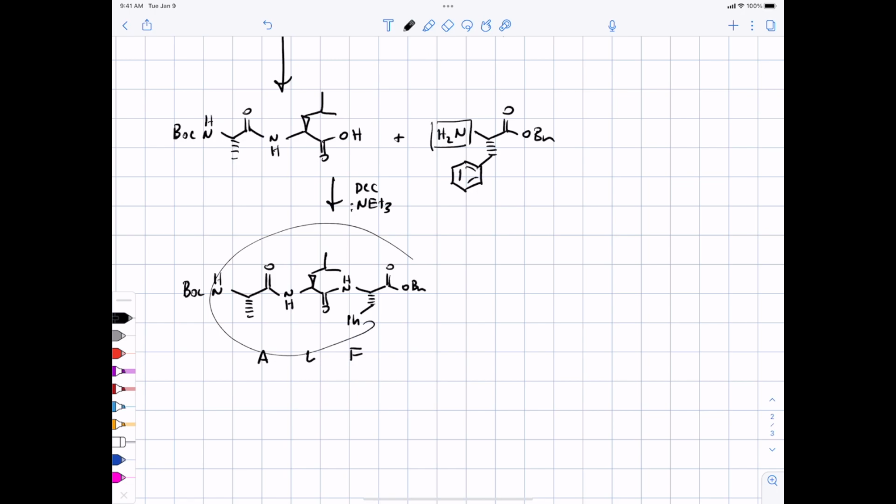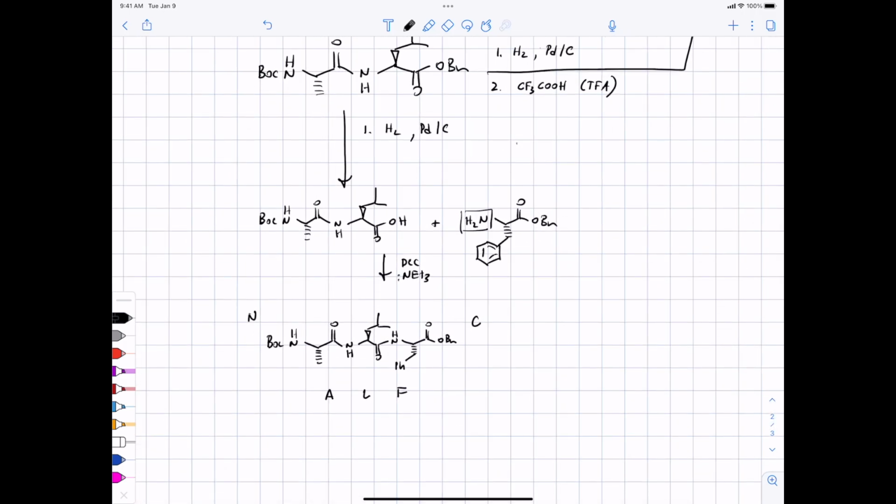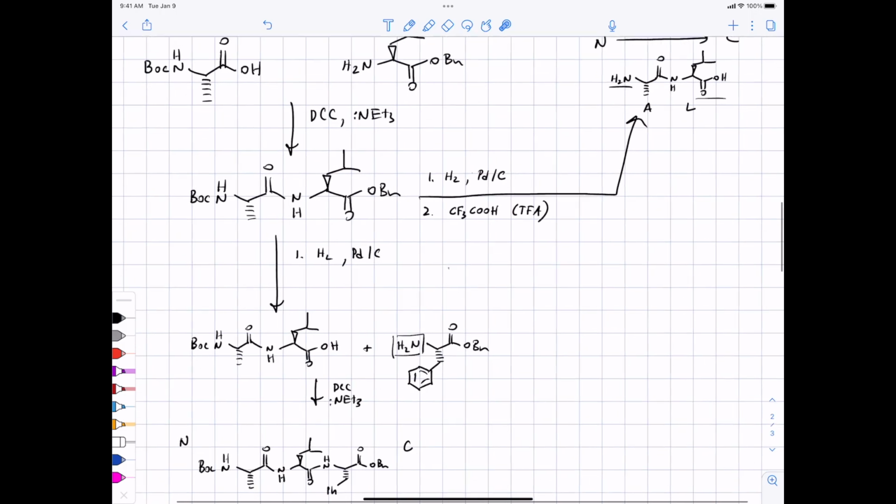But so I could continue, and here I've added another amino acid to the C terminus of my peptide. However, I could have also come here and instead of benzyl deprotecting, I could have Boc deprotected and then added another amino acid to the N terminus. So I've got some flexibility. Now, there's some practical reasons why you'd want to do one versus the other that we don't need to get into here. But one thing I want to point out is